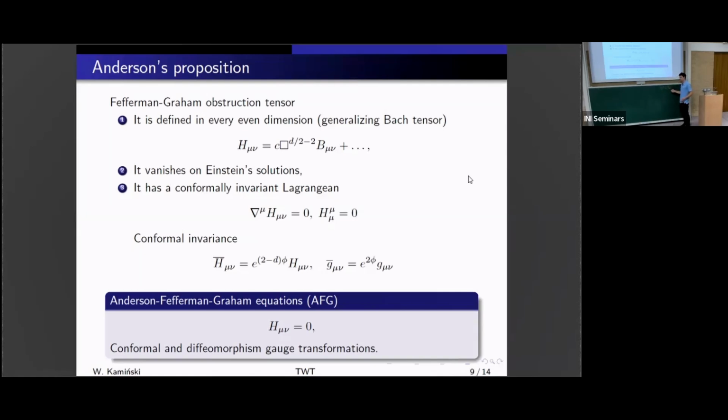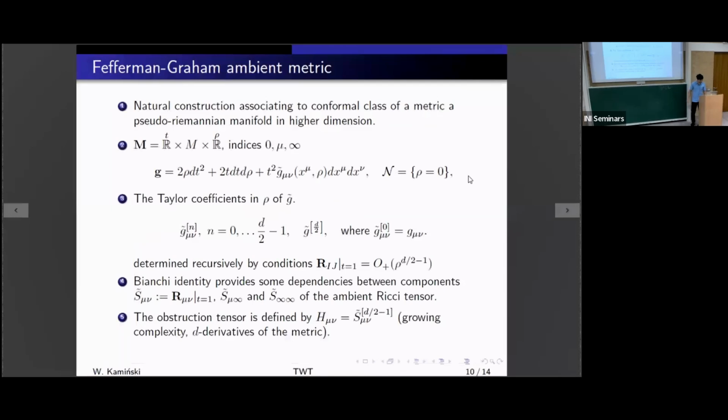It's a tensor, you can act, yes. But okay, so this is the proposition, and maybe I will explain the Pfefferman-Graham construction, but in an ugly way. So of course there is a nice way. It's a natural construction associating to a conformal class of a metric a pseudo-Riemannian manifold in dimension higher by 2, and the